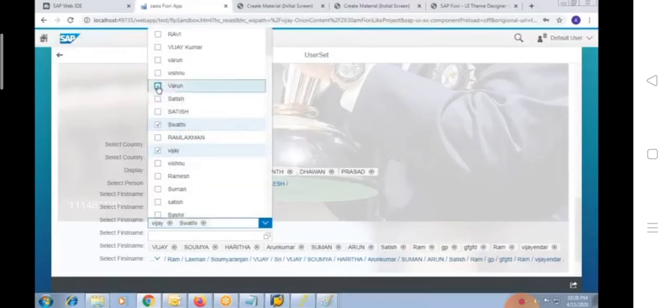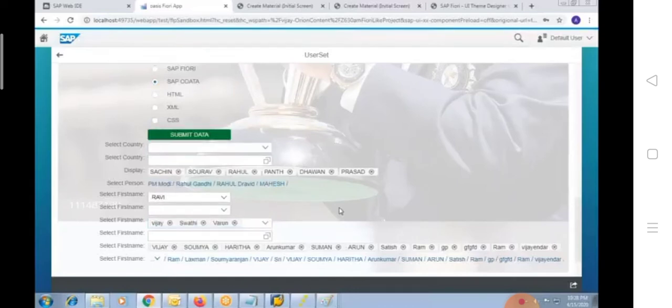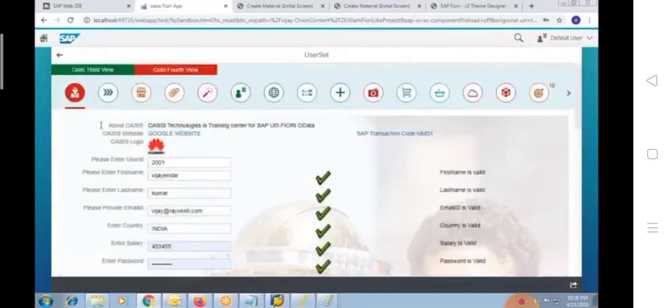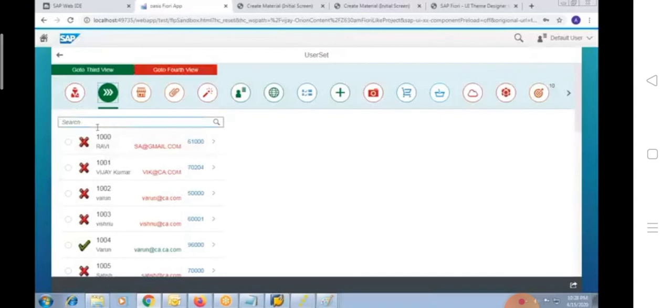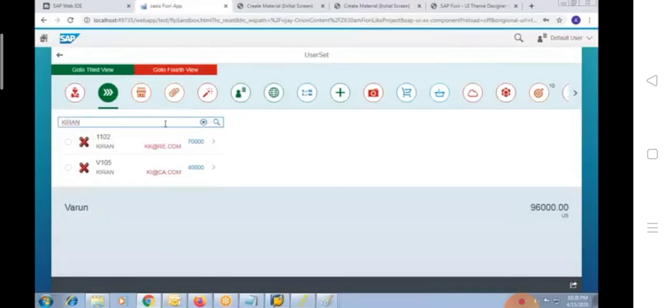You can select some values. And here, not only that, there is a list screen element. So if I provide some input, those records will be displayed, records matching with that. If I provide something like Kiran, that record will be displayed. So these are all very common functionalities.